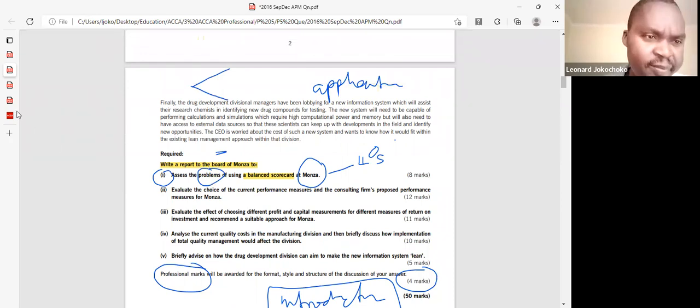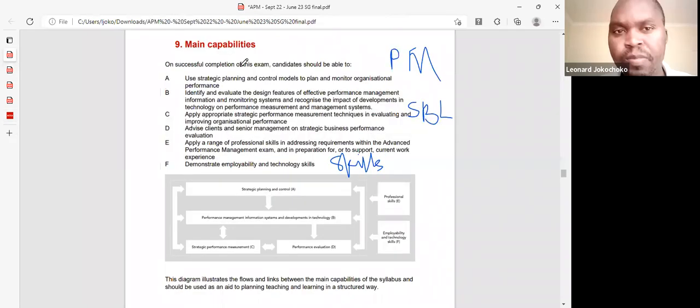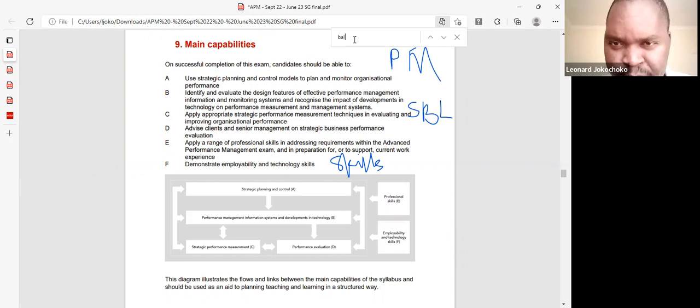Now, let's go back to your syllabus. When you go back to your syllabus, the balanced scorecard is basically, it says